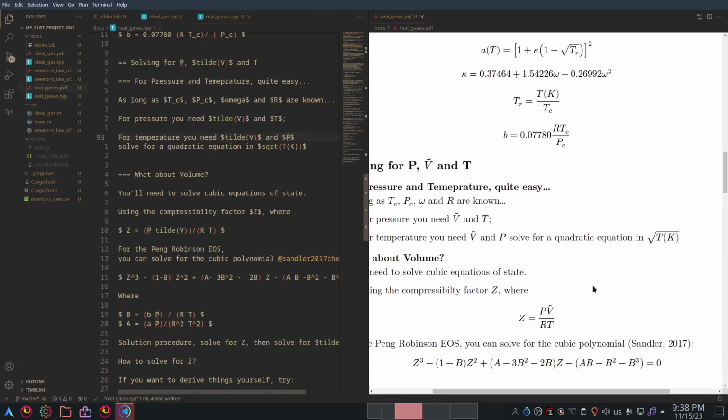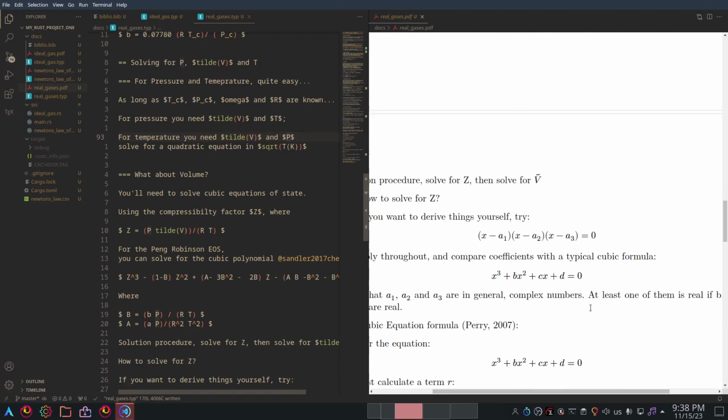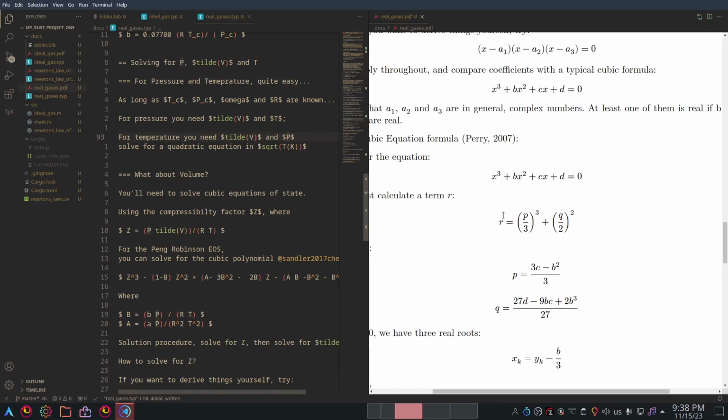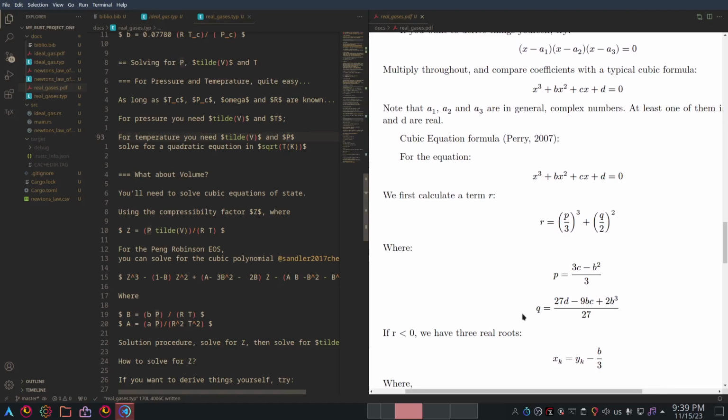So this is what we covered just now. So I'm just making a note. Okay, so over here, we'll go back here. So we have this discriminant called r. Okay, r is equal to (p over 3) cubed plus (q over 2) squared. All of this is actually derived from all that simultaneous equation thing we were talking about here. You can pretty much find the same thing. However, in Perry's Chemical Engineering Handbook, there's a little bit of math wizardry that allows you to come at